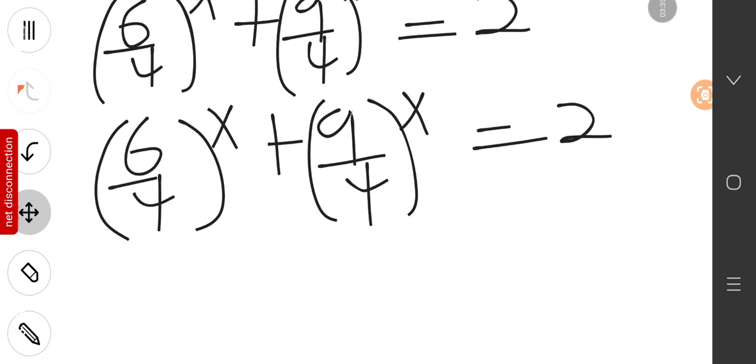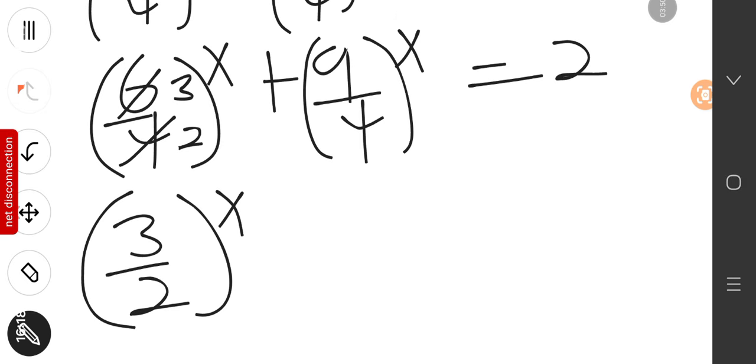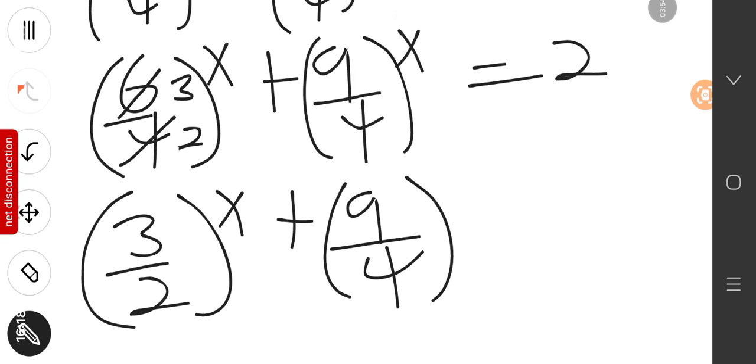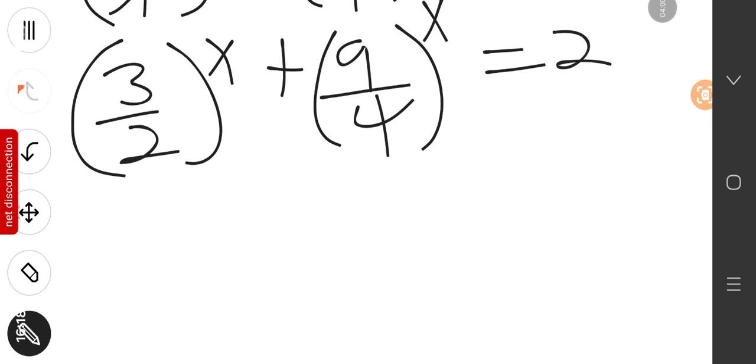So 2 goes into 4 two times, and 2 goes into 6 three times. So we are going to have (3 over 2) in a bracket exponent x, plus (9 over 4) in a bracket exponent x equals 2. All right, so this is what we have. Our equation becomes